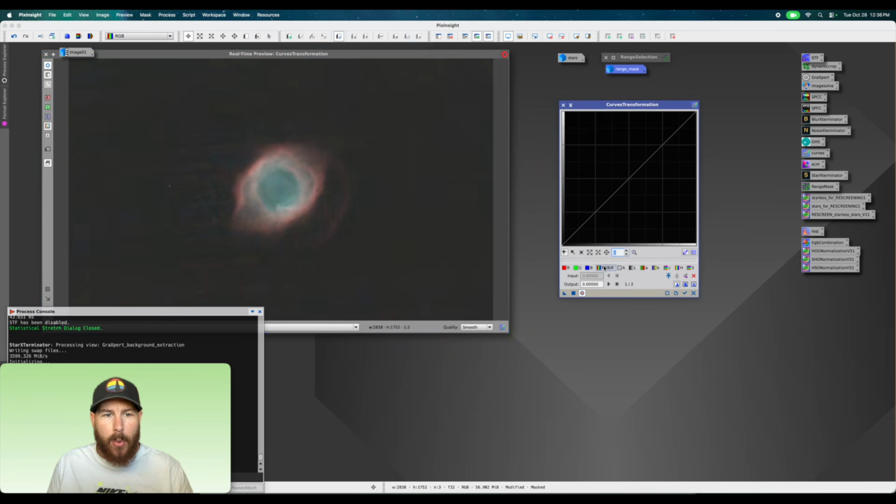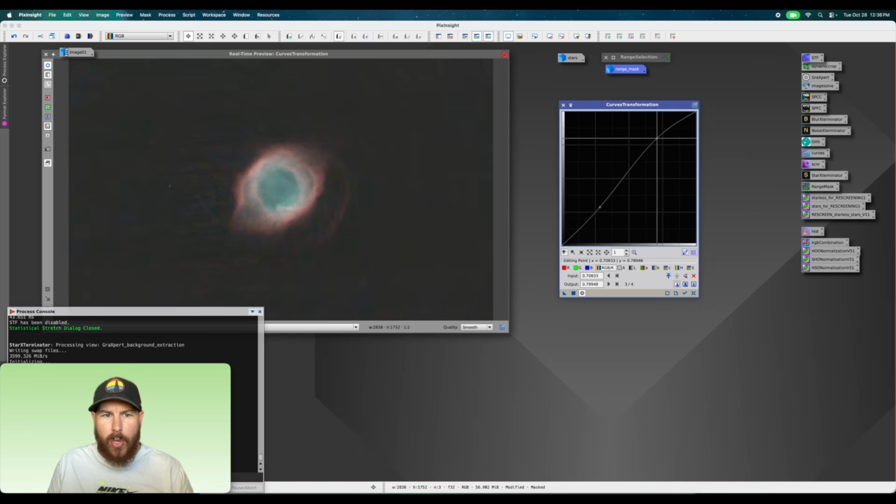So for this, we're just going to start out with RGB, and I like to make an S-curve. So click two different portions, top and bottom here on the chart. And of course, if you adjust these, you can see how it changes the Helix Nebula this way, and if we go this way, etc. So we can very easily ruin your image doing this. But all I want to illustrate is make your S-curve,